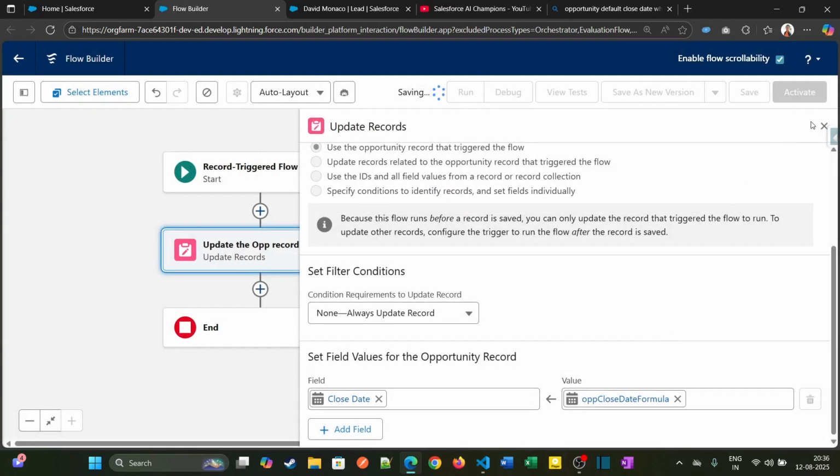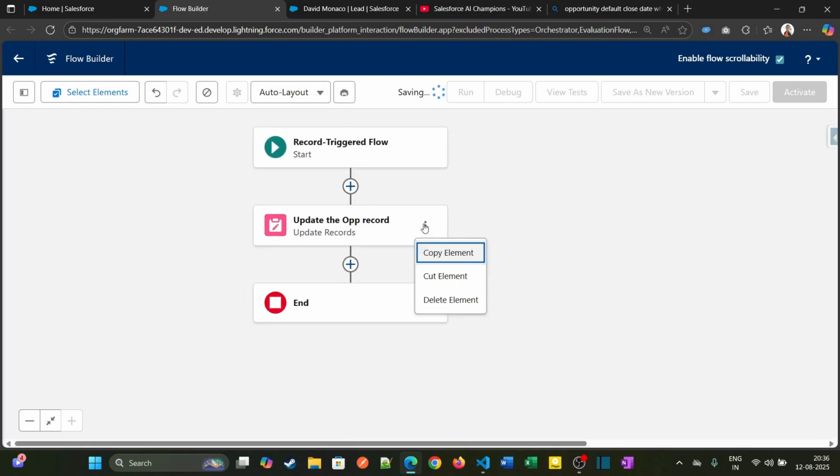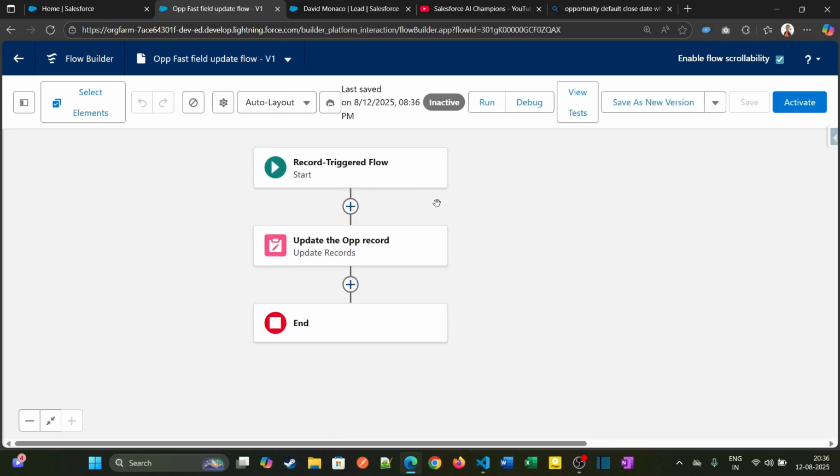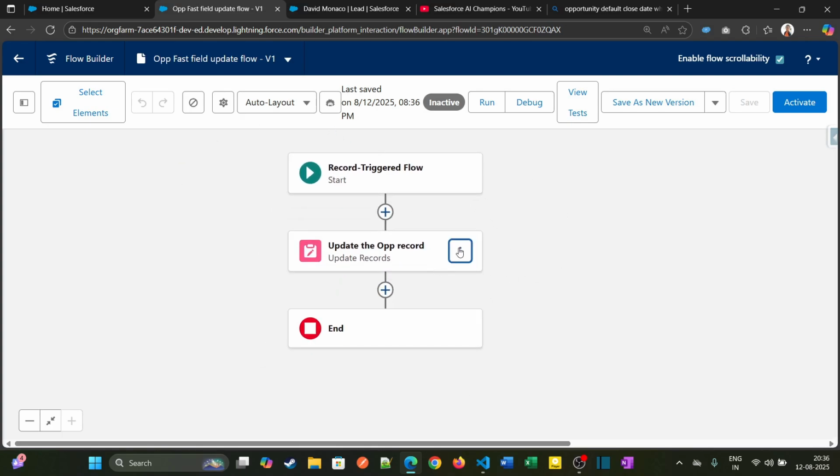I'm clicking on Save. We can add a different fault path as well, but for fast field update we can't add the fault path. Okay, so we can activate the flow,